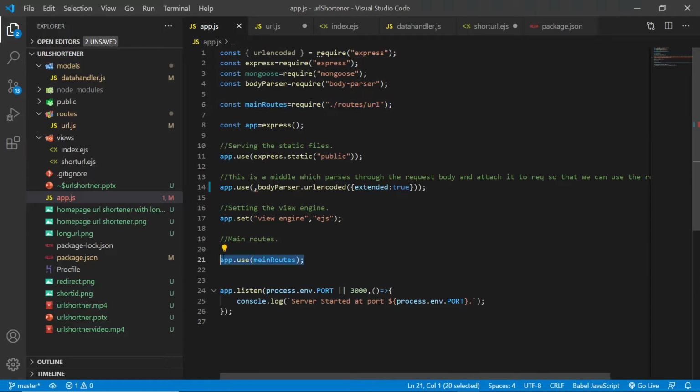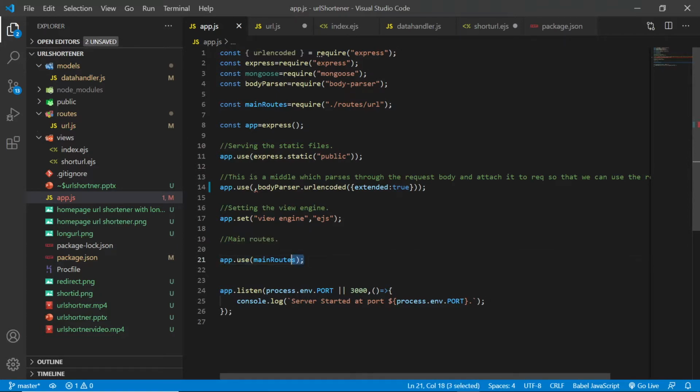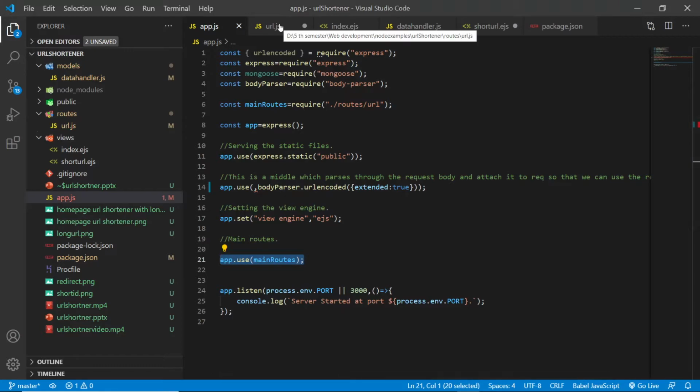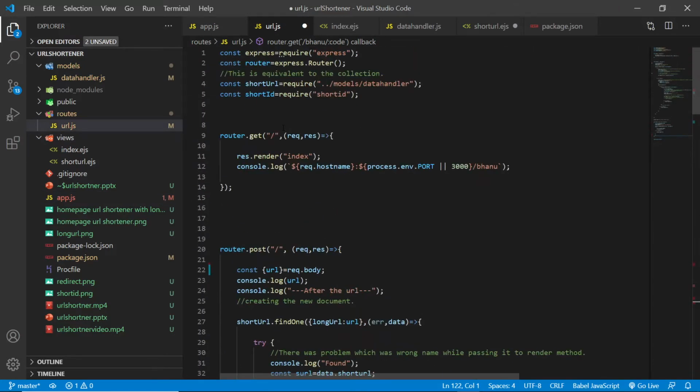App.use main routes is something which will execute whenever there is a request from the browser, it will definitely run app.use. If you specify anything before that, it will run for that specific route. Now it will run for all the routes, and it will go inside here and check which particular route is coming from the browser.